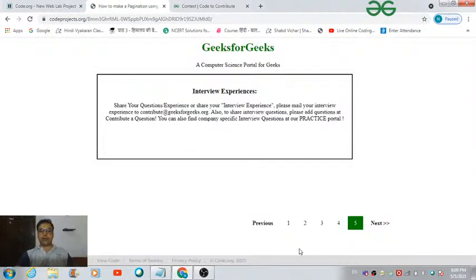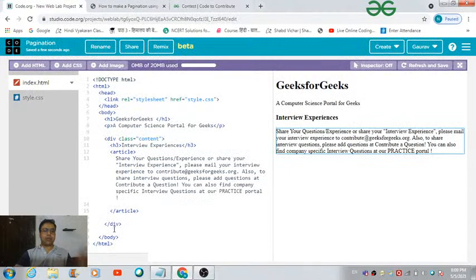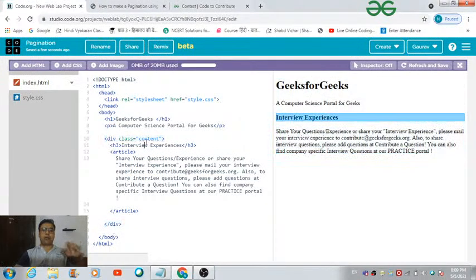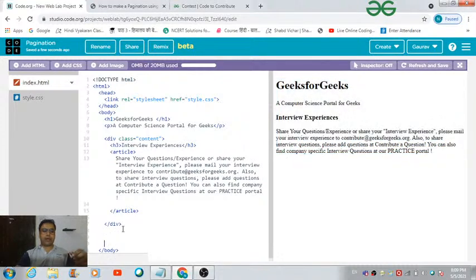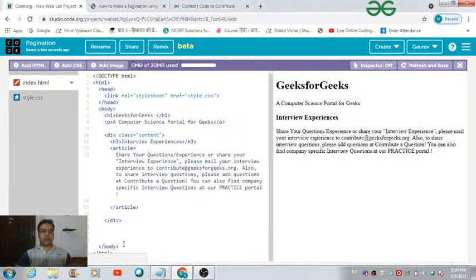Now we have one more thing, this pagination thing, which is getting reflected in the left side, right in the bottom of this web page. So for this part, what we can do, we can have another division section, the way we have defined a division section with class name content for this particular part. In the same way, we can define another division section